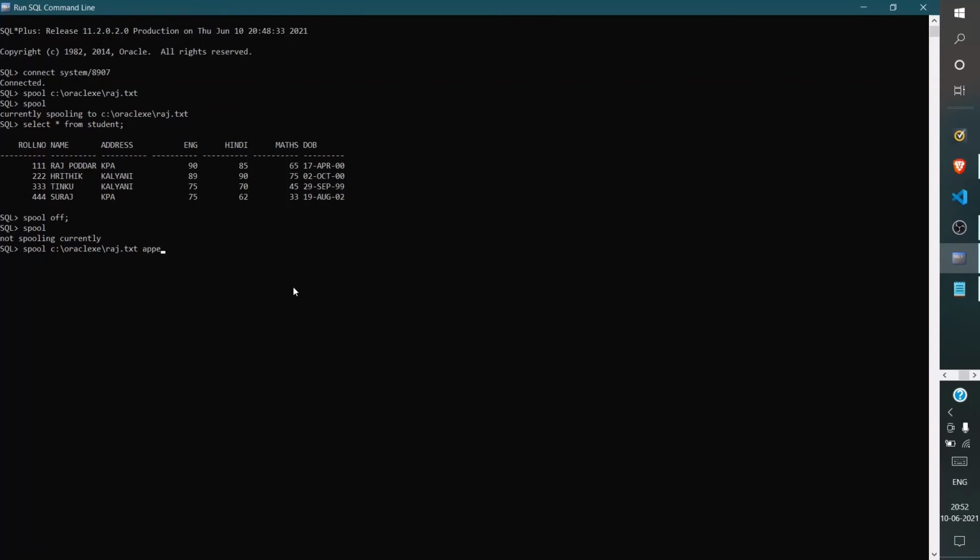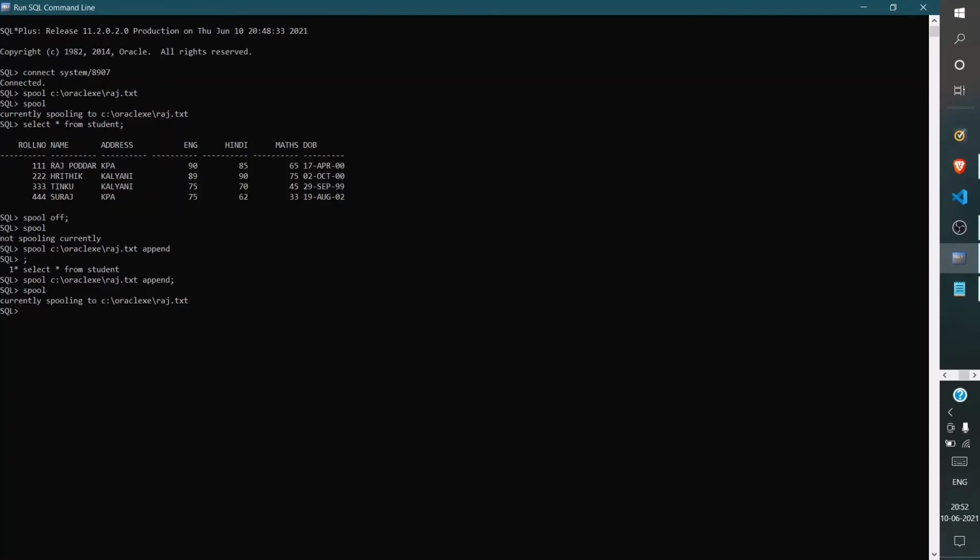I'm appending it. So append. Now we can check again by typing the command spool whether it is working or not. Currently spooling again.